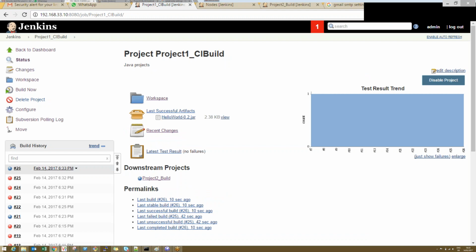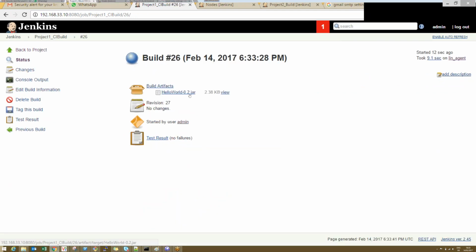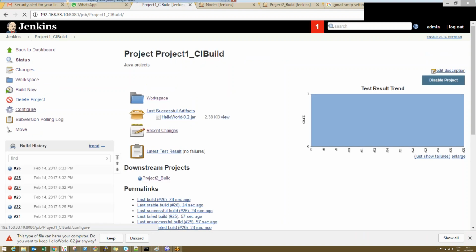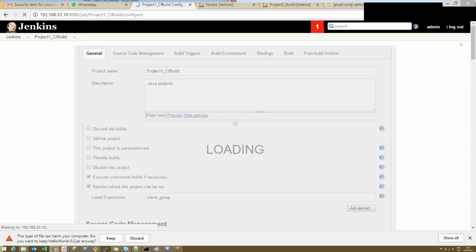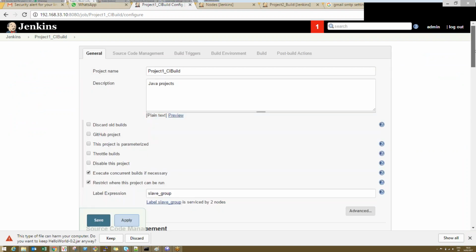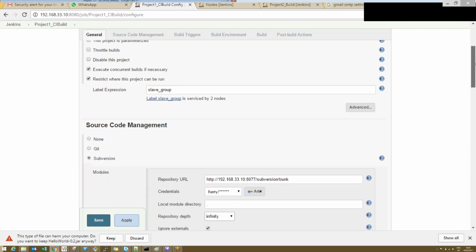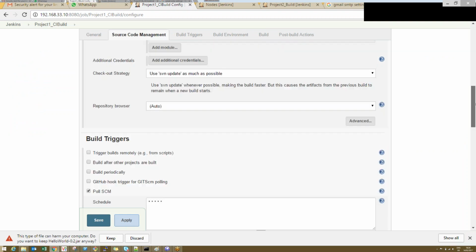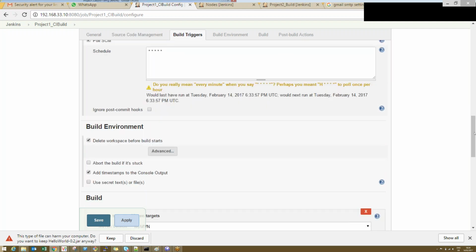Yes. Now see this. Is it pulling the hello world-0.2.jar? The jar file. This is what archiving is. Now if you click this, it will download the jar file. If somebody wants to download the binary, they can download it from there. That's called archiving your artifacts with the help of the Jenkins job. Okay, but make sure you archive the required one. If you try to archive all the files unnecessarily, it consumes more space on your master server, because these archive files move from slave to master, and for every build it maintains that archive